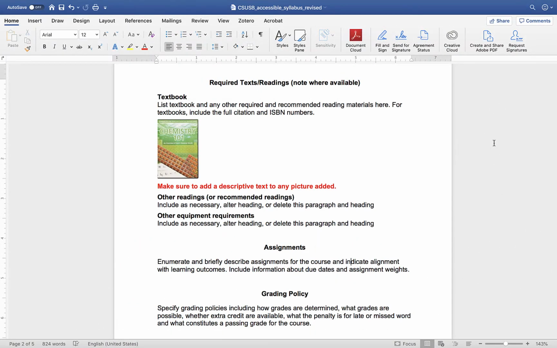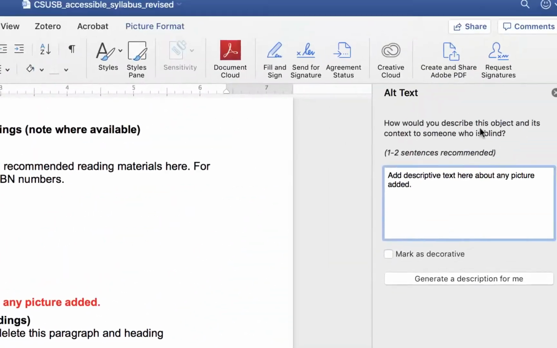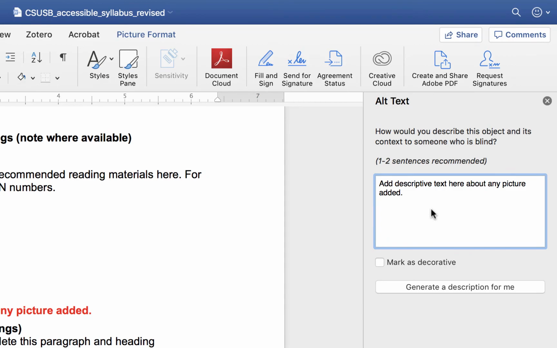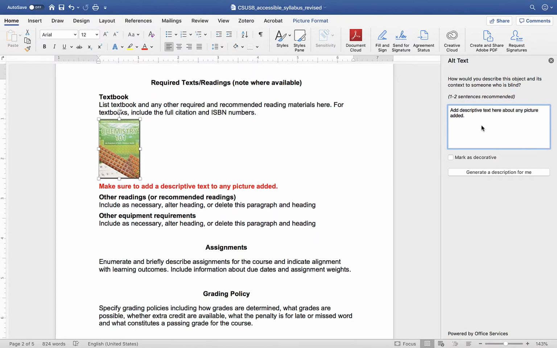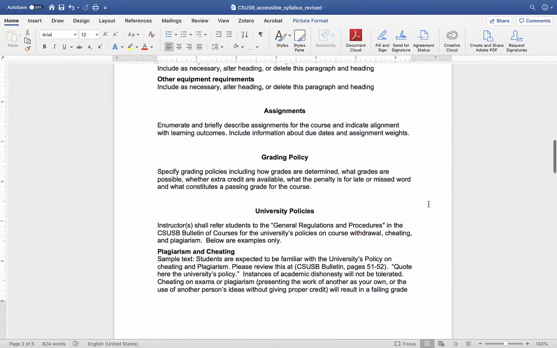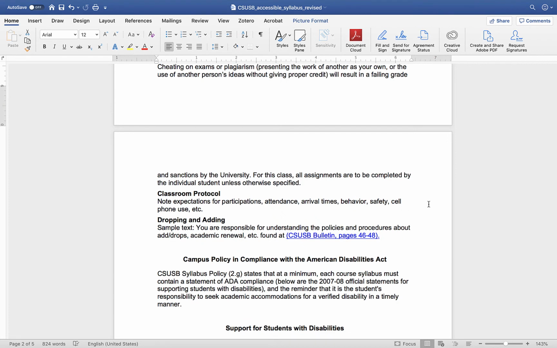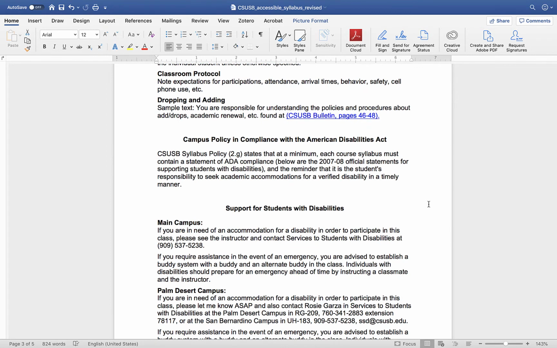Before we move forward with the other requirements, let's make sure we know how to add a descriptive text to a picture. Right-click a picture, choose edit alternate text, and add one or two sentences describing the picture, thus making it accessible. The other requirements for a syllabus are assignments and grading policies that you can update as needed, as well as